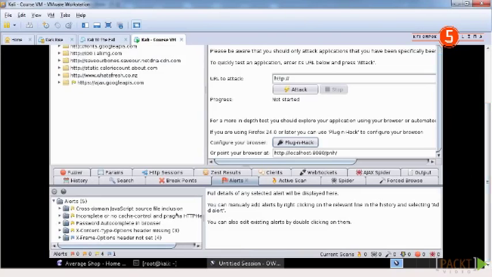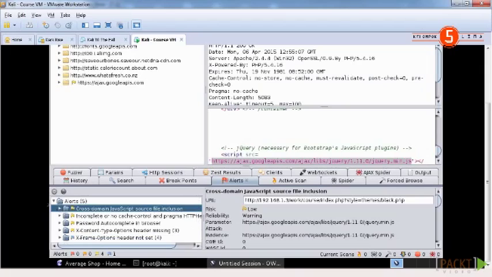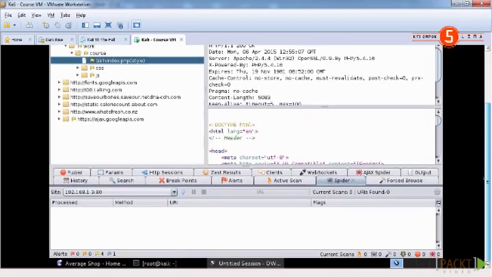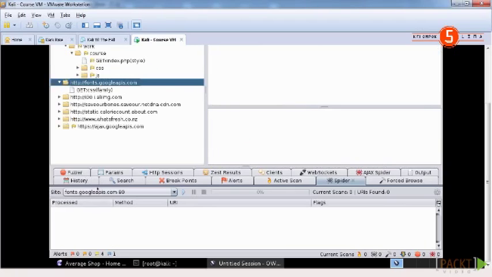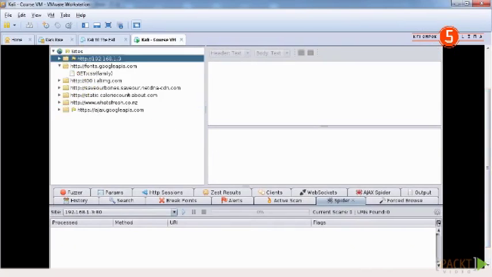So we have cross-domain JavaScript source inclusion, so I'm basically having a third-party JavaScript, the Google API, I believe that is, yeah. Also we have other things like content type and X-Frame options. If we just go ahead and use the spider option here down below, and we've already got it set as 192.168.1.3 because we're in that section. If we go over here, we'll obviously be scanning on the Google API site. We don't want that, we want to go on this host, so we highlight that,